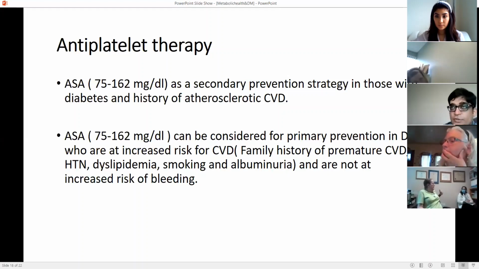However, if they have a strong risk profile, if you're worried about them having a stroke on account of their family history factors, then you can give them aspirin. However, you have to be mindful